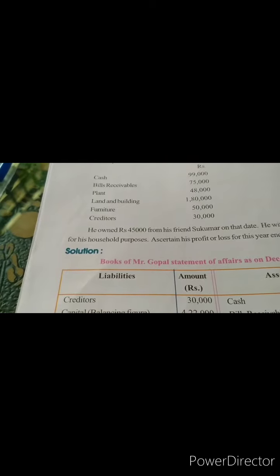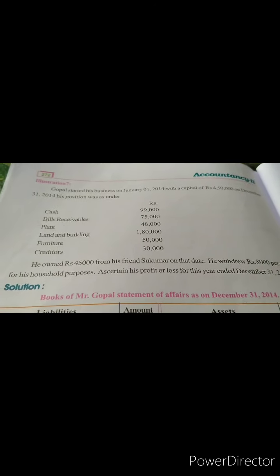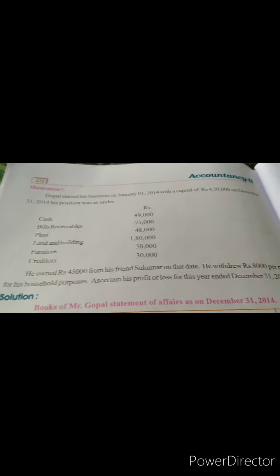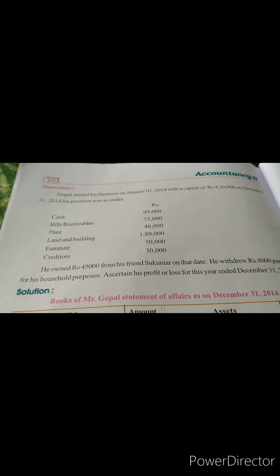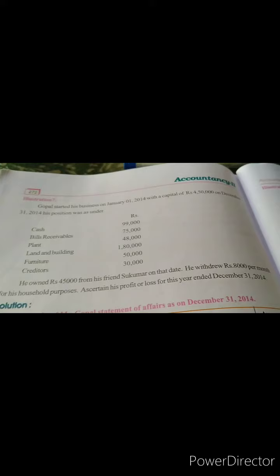Okay, yes. Now let us have a look at illustration number 7. What is different in this illustration is, till illustration number 6, you had all the details, capital at the beginning and capital at the end, and rest all information. But in illustration number 7, one of the capitals is given and one capital is missing, which you'll have to